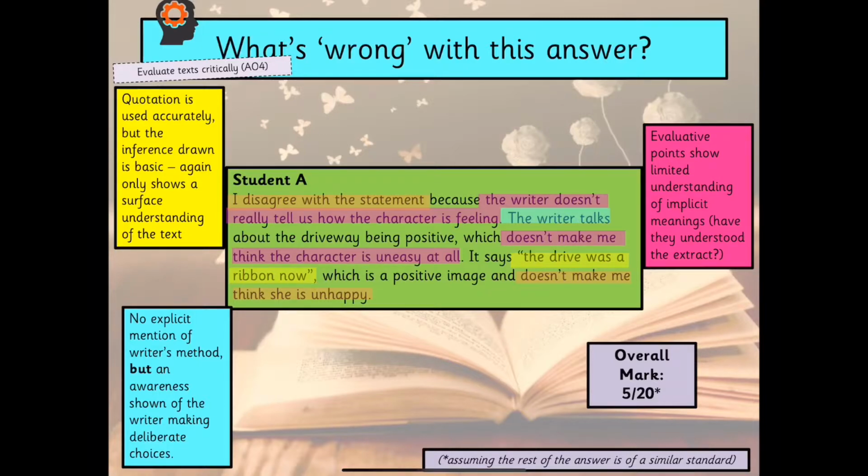So something even as simple as changing that phrase from "the writer talks about" to "the writer has described the driveway" would have taken them just that little bit further through the range of skills. But it is really important that this student has still shown an awareness of the writer making a deliberate choice. That's a very easy thing to do because you simply try and use the phrase "the writer" at some point